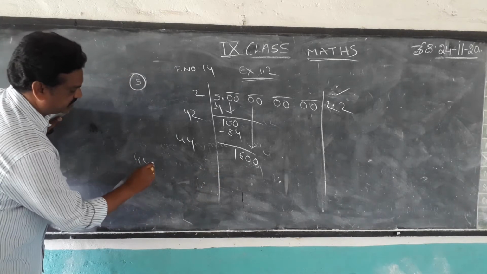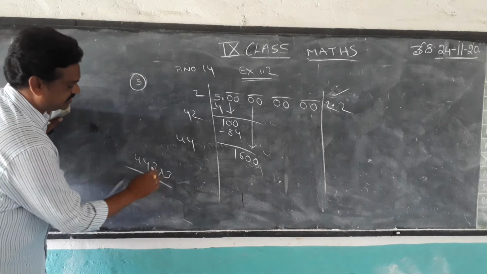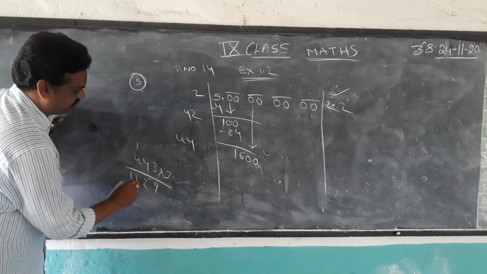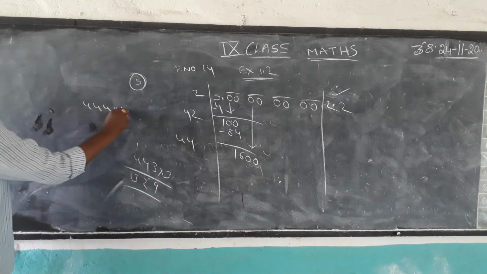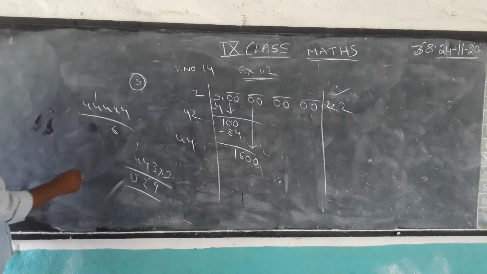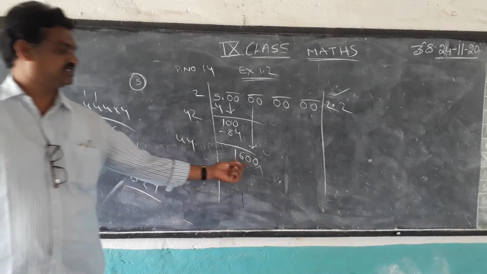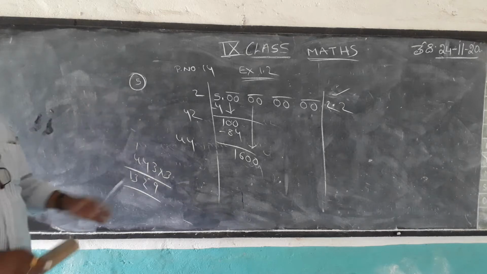For example, 3. 3 3s are 9, 3 4s are 12. 1 is there, 3 4s are 12 plus 1, 13. If you take 4, 4 4s are 16, 16 plus 1 is 17. 1776 is more than 1600. Therefore, it is not necessary to do. Okay? Therefore, this is correct.